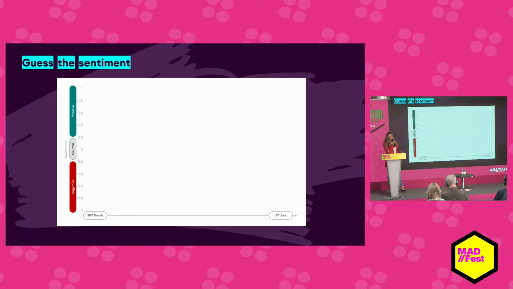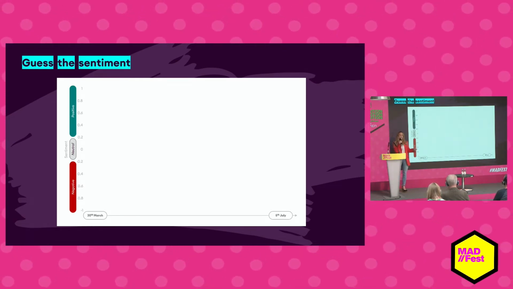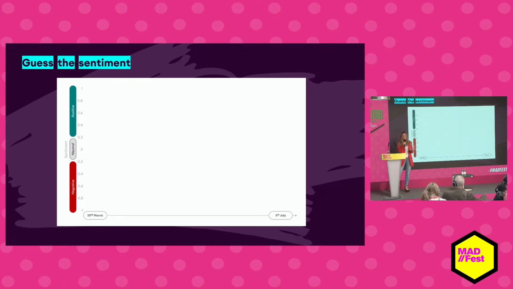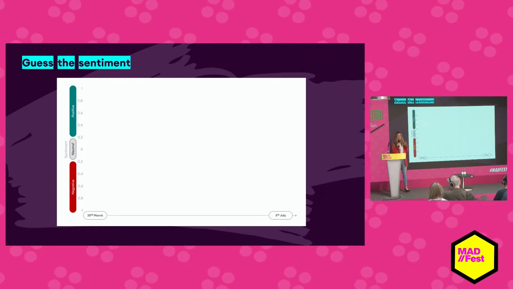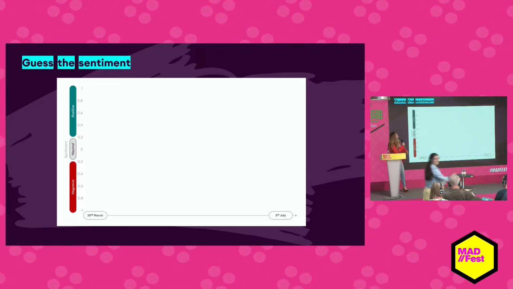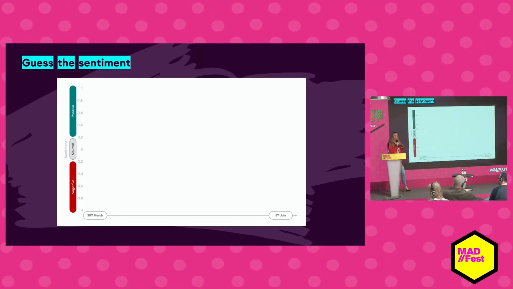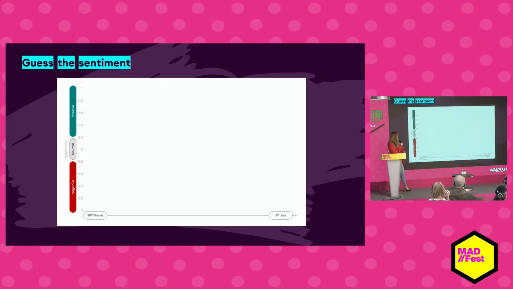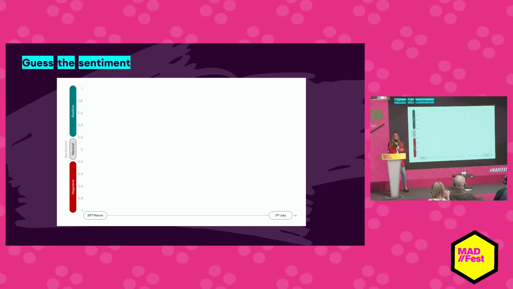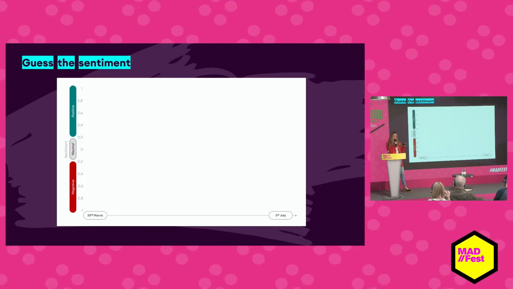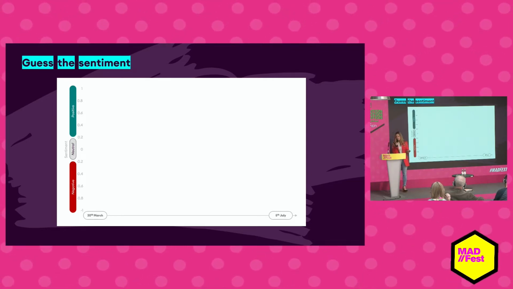Now, before I go into some examples, I'm going to just do a quick game with you all that explains how sentiment analysis works. So in front of you, you all should have cards that say higher and lower. Yeah? Perfect. So what I've done is I've taken some top headline news stories over the last couple of months that you'll all have heard about that had a shift in sentiment the very moment that it happened. Now, therefore, if you were advertising against this content, it would impact your campaign.